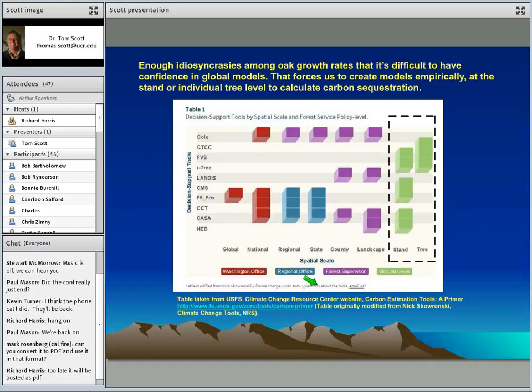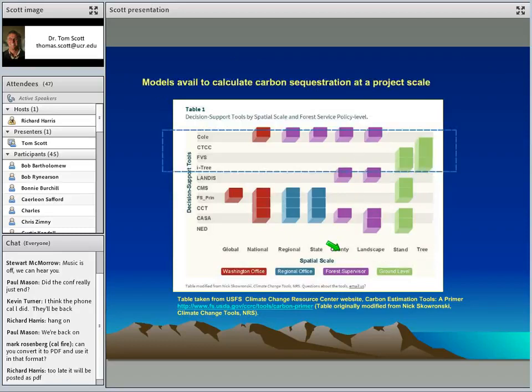So given that there's a lot of idiosyncrasies, these are all the models that I found that the Forest Service put into a publication, and I think it's a good survey of things that people might suggest that we could use. And again, if we stick to this level of local, as opposed to trying to scale up and start at a global perspective and come down to calculating our carbon sequestration in oak woodlands, if we stick to this local level, then in reality we expand it to maybe this.